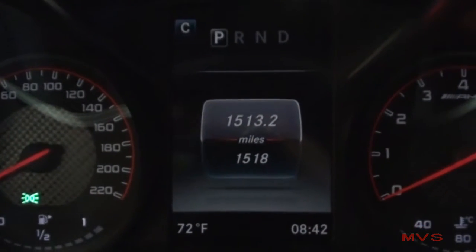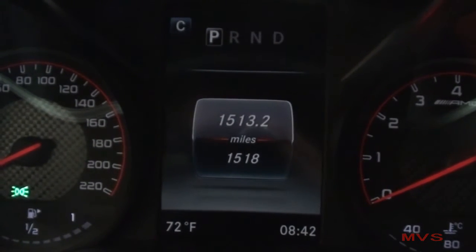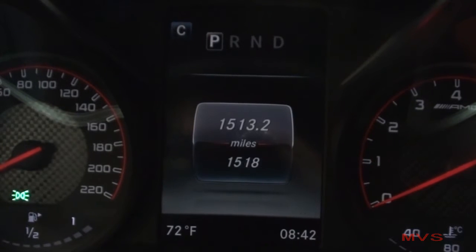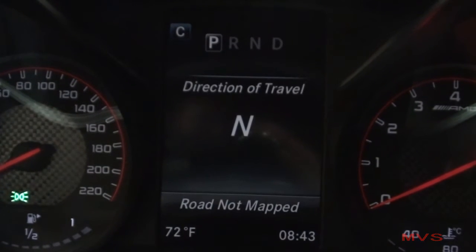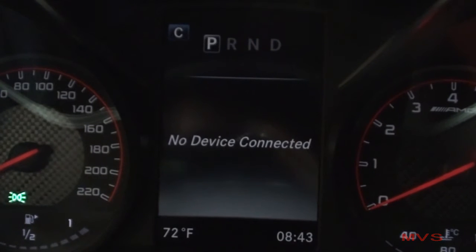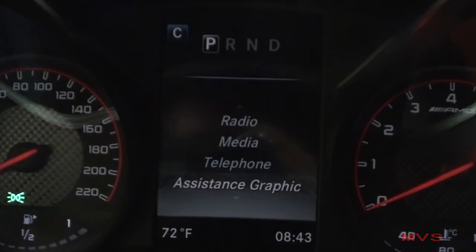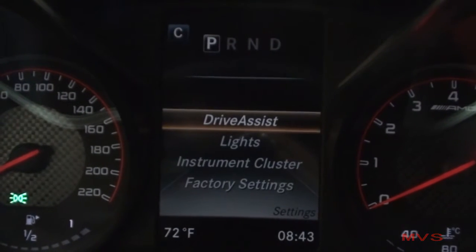The driver information display includes your current dynamic select setting, current gear selection, the outside temperature, a clock, the vehicle mileage with trip computer, remaining fuel range, vehicle stats from last reset or last start, a speedometer, your navigation information, your audio information, your digital media information, your hands-free phone information, your drive assistance graphics, your vehicle service menu, your vehicle settings menu,